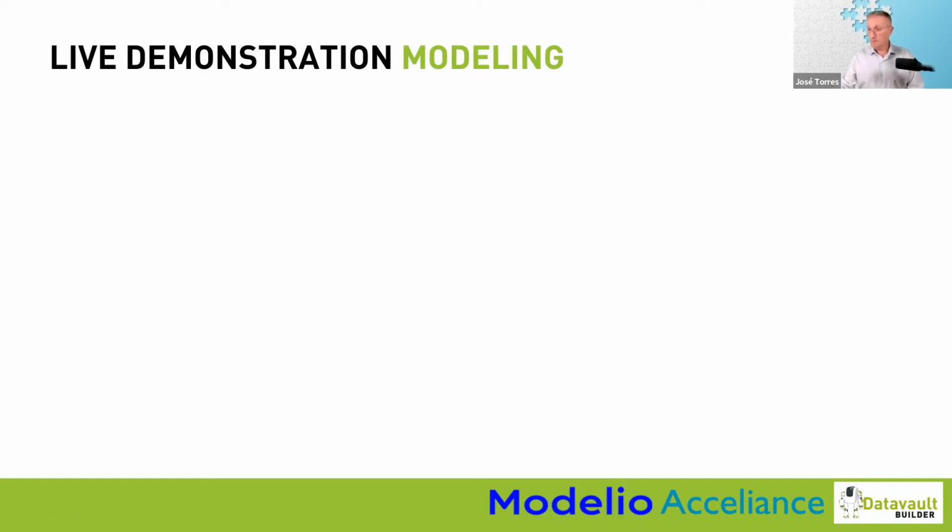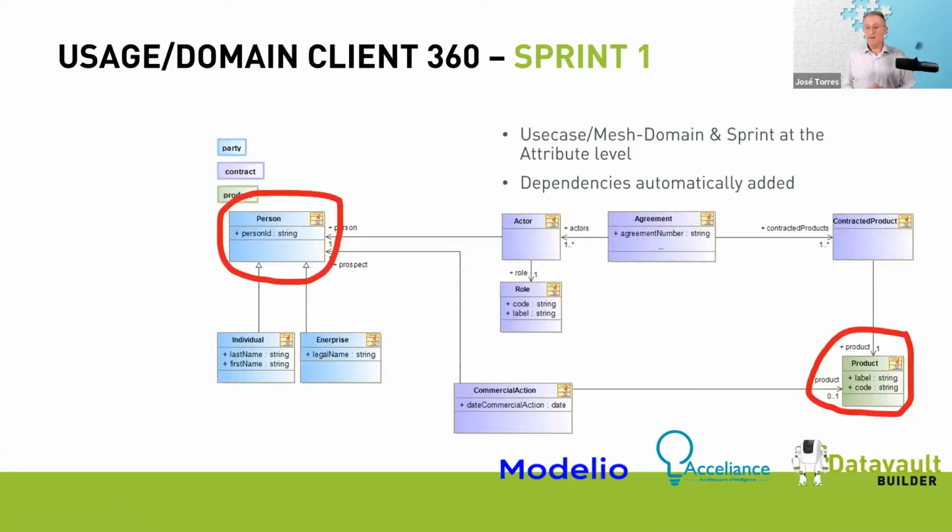So let's go. First, let's present what we will see live in a few seconds. We will see how to build a model. Well, actually, we won't build it. It is pre-built. But we'll talk about a functional need, functional usage or domain, which is Client 360. So I recall Client 360 is about connecting the product and the person, which can be prospect after a client, etc., etc. So here we have a very simplified vision of what Client 360 could be,